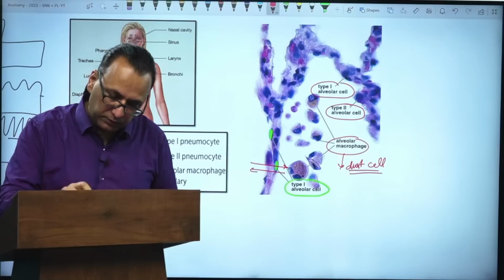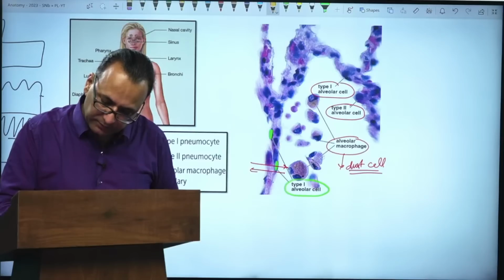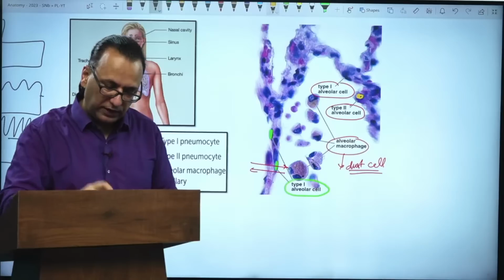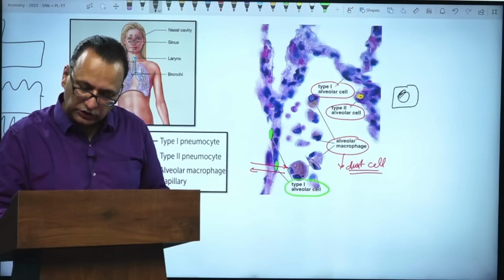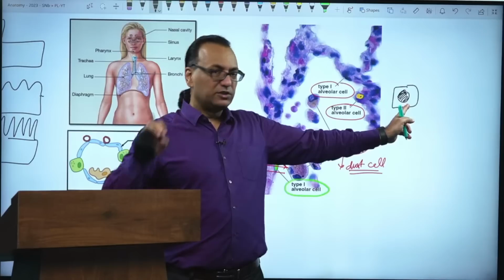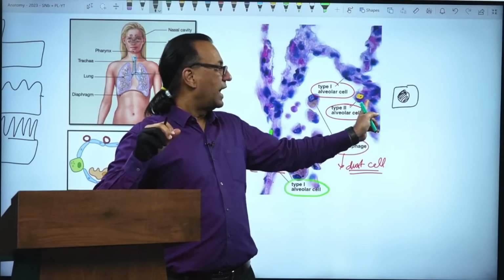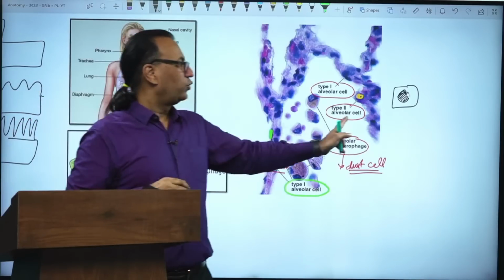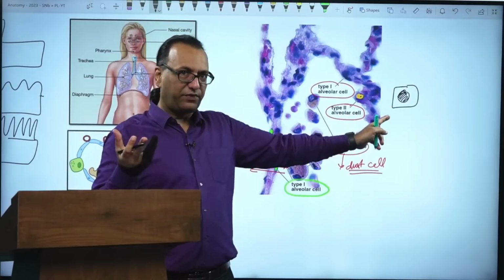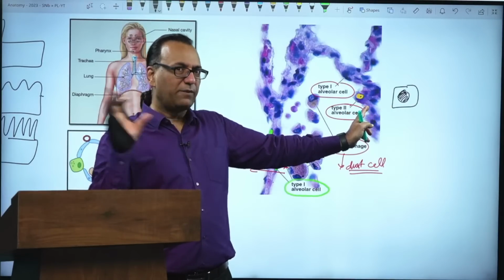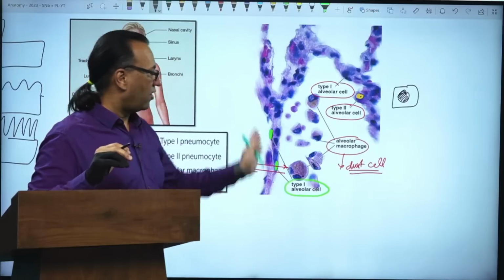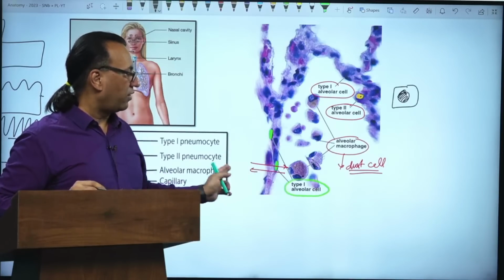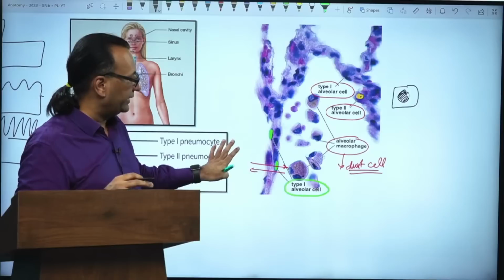compared with the type 2 pneumocyte, which you see here now. Type 2 pneumocyte has a spherical nucleus. As we say, it is a cuboidal cell, height equal to breadth, with a spherical nucleus. The type 2 alveolar cell secretes the surfactant. They are very few compared with the lining of the alveolus. In the lining of the alveolus, mostly it is type 1 cells, which are involved in O2 CO2 transport